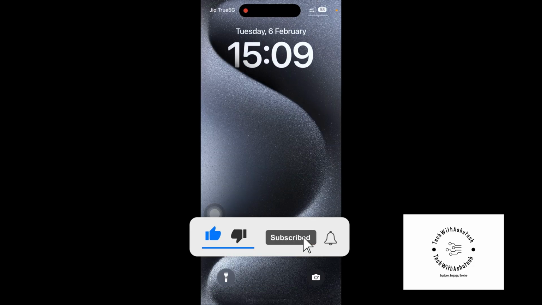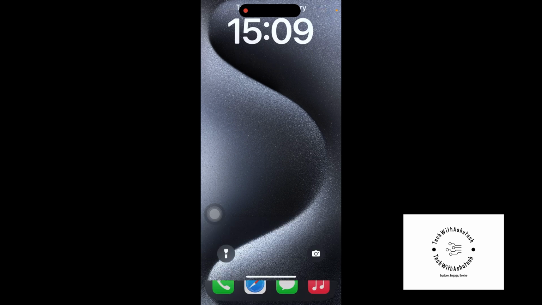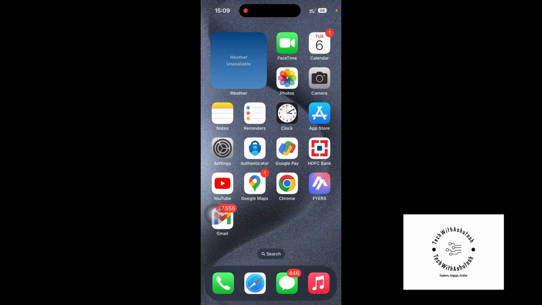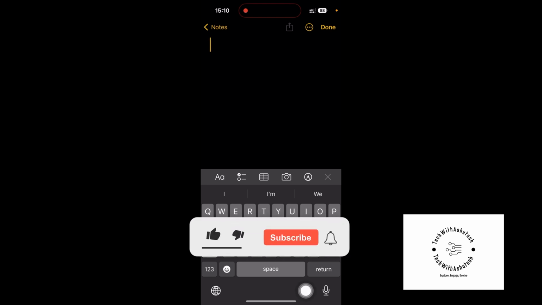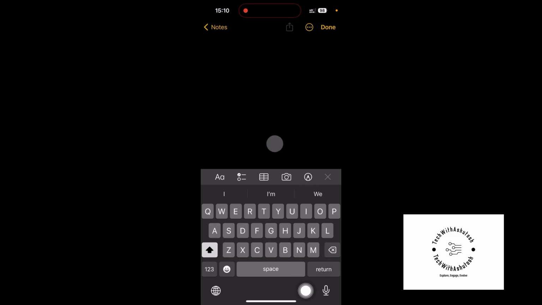So the first feature that I'm going to tell you is that iPhone has now enabled a dictation mode in their keyboard, so that helps you out in typing very quickly. So for that, let's turn on the tap so that you can see where I am clicking on the screen. As you can see there in the right corner below, there is a mic icon, so you can turn this mic on, and whatever you are going to dictate, the keyboard and the iPhone is going to write the things,